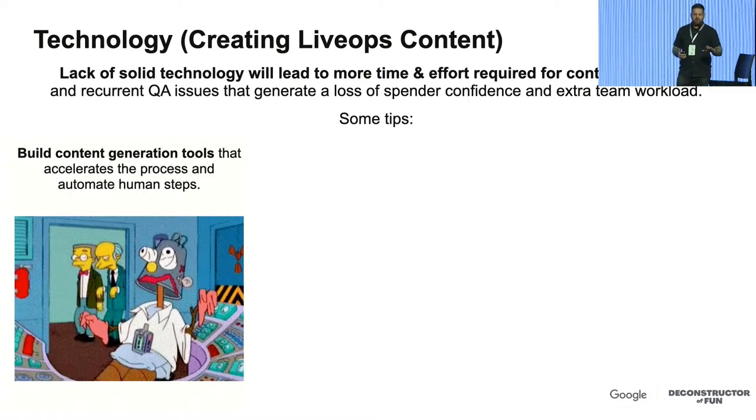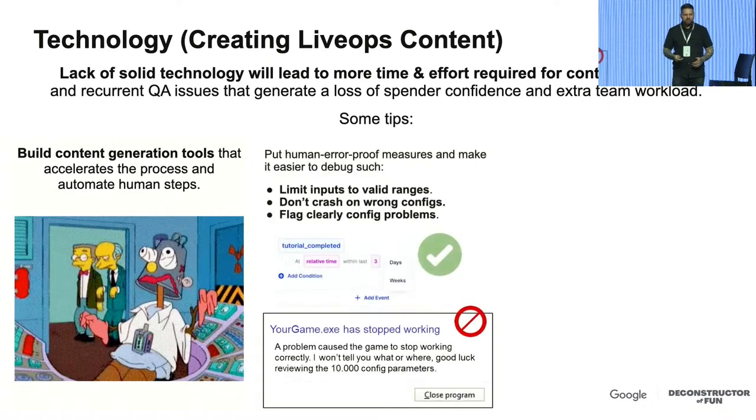Because if the configuration of your live ops needs to be copy-pasted manually from one place to another, and you do that many times, eventually somebody is going to make a human mistake, and that's going to be costly. And the more live ops you run, the more you're going to be drowning in putting out fires generated by this. Another piece of advice is to invest in putting in human-error-proof measures, such as, in this example,